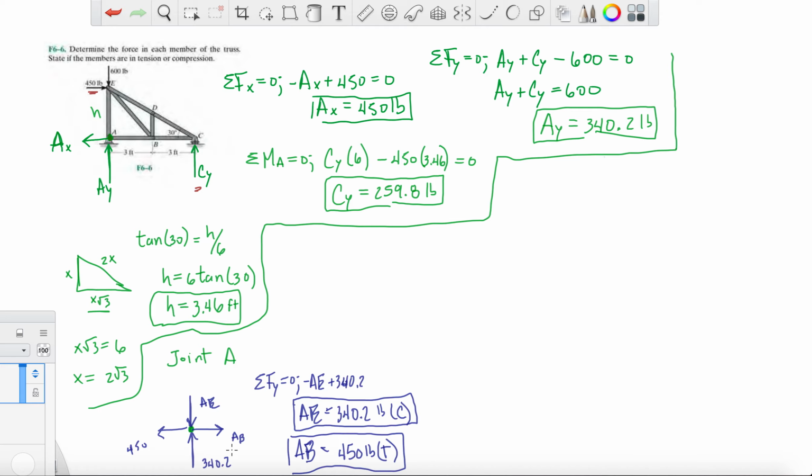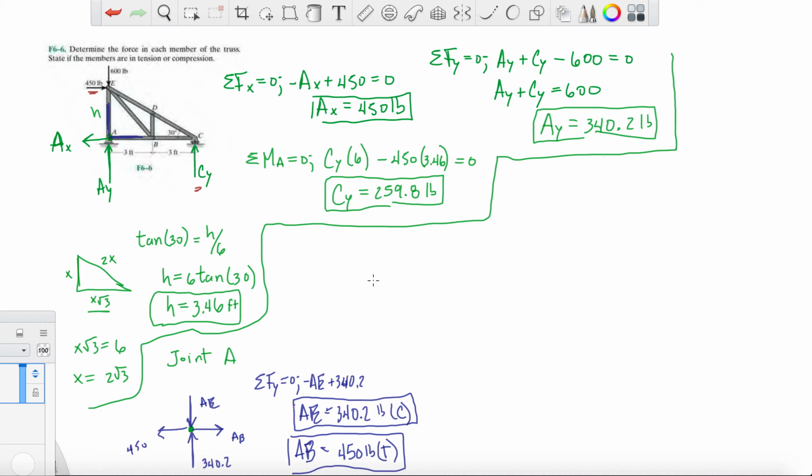Okay. And there was no negative sign in front of them, so I assumed correctly, just because it was kind of given to me. It might not be given to you elsewhere. All right. So that was joint A. So now we have, let's just color it in, this one, and we have this one. The next one we can do,